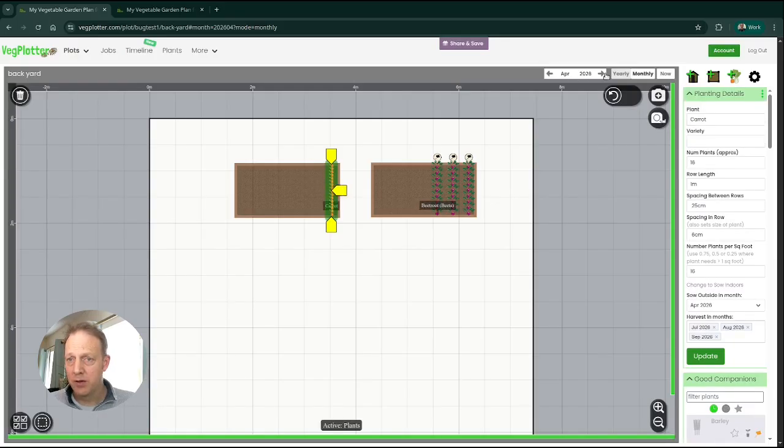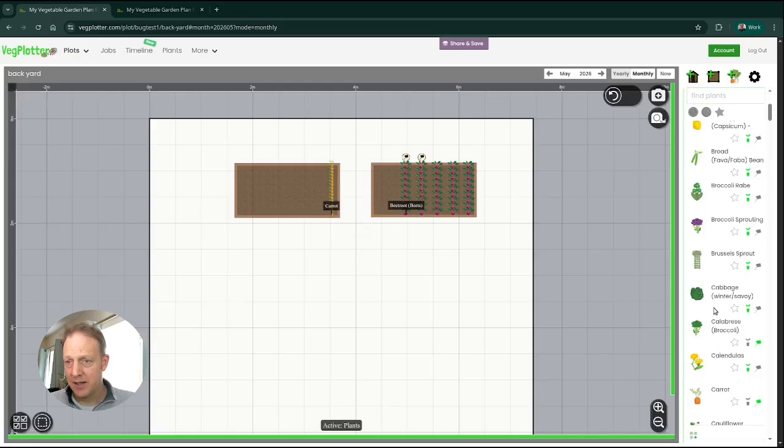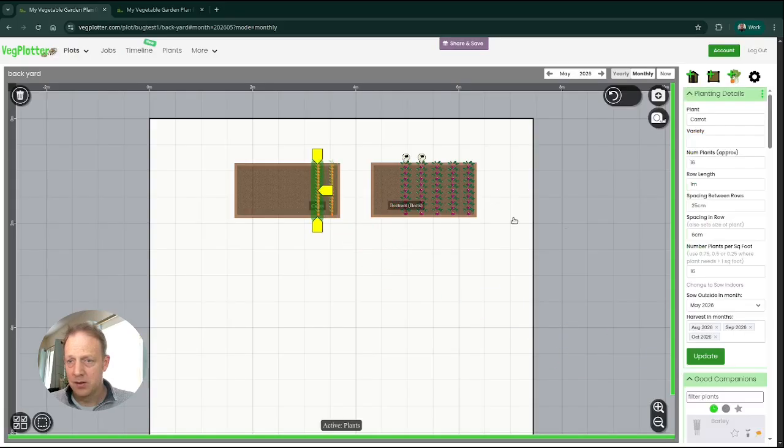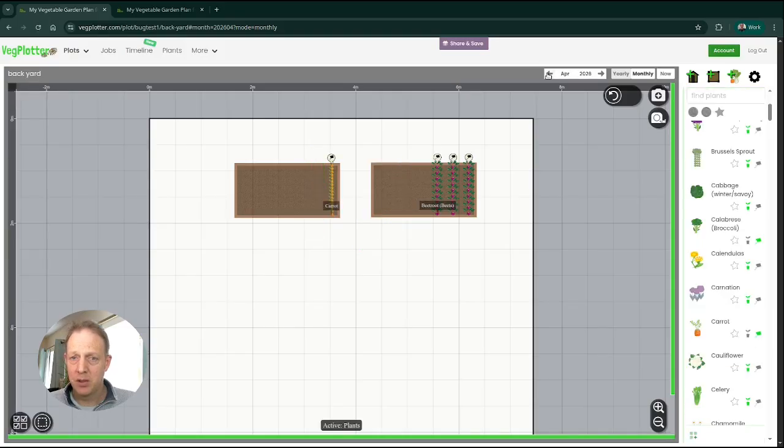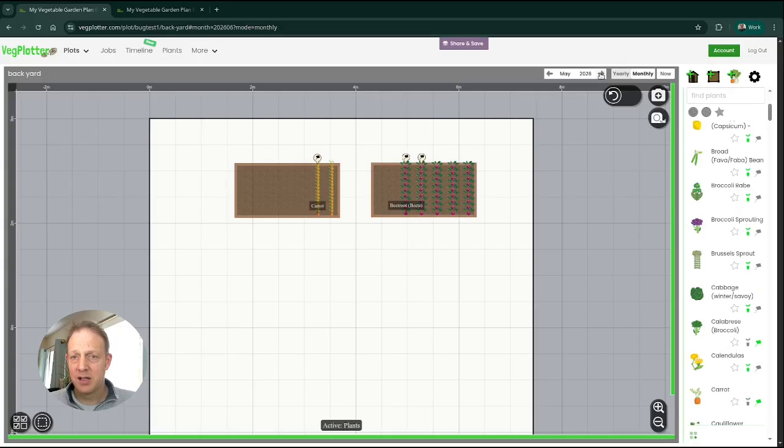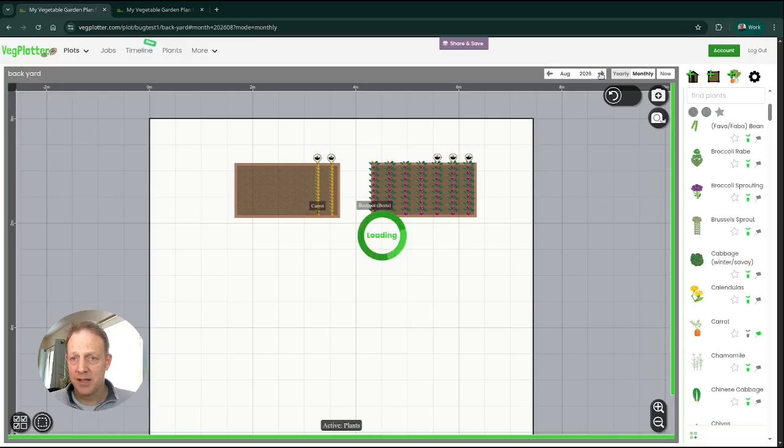And then we can move to the next month, and we can say we'll add some more carrots. And this one will be in May, because we've got May here. So this active month is really important when you're in the planting mode. So we can go back through the months. In May, we lose the April row of carrots, and then we go through until we've got nothing planned. So the first month is April, and then the garden grows, and as we go through the months, you start to see